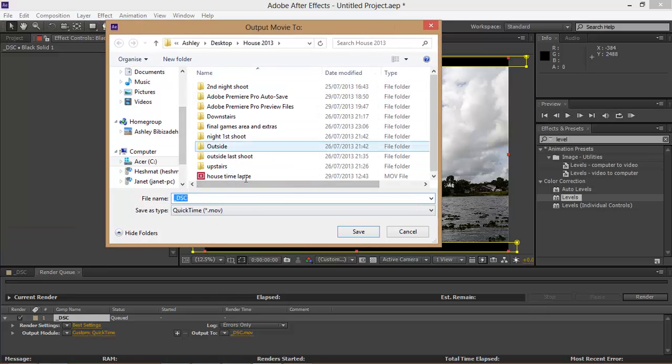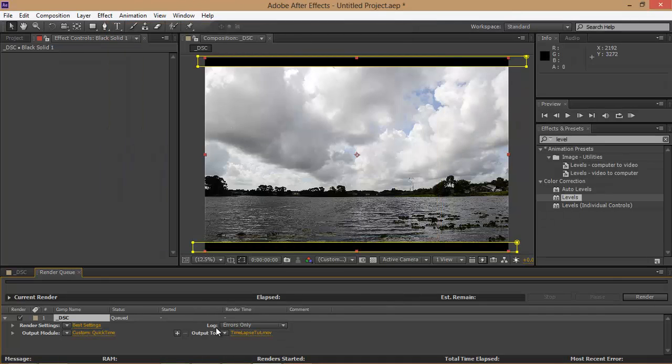Now, by output to, you want to select it, and you can select where you want to save and name this file. So I'm just going to save this to this folder, and I'm going to give it a name of Timelapse tutorial, and click on save. And at this stage, all I have to do is click on render, and it's going to go ahead and